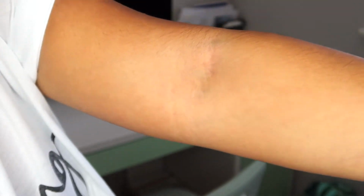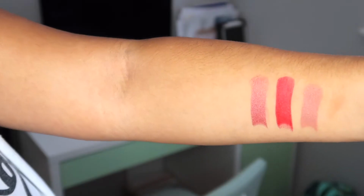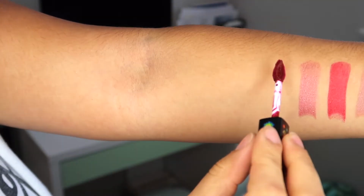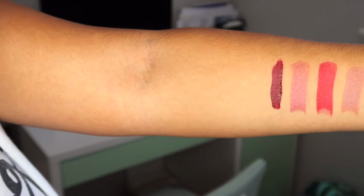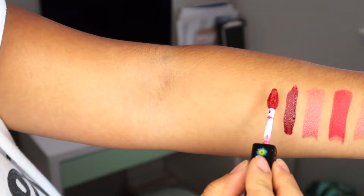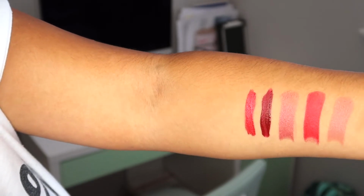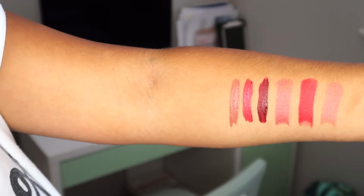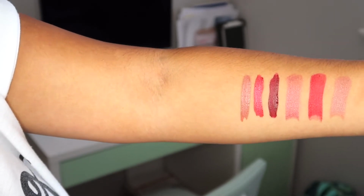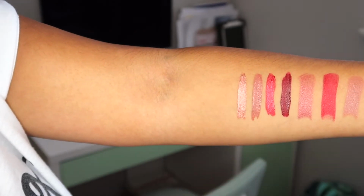Now I want to do all the swatches for these metallic lipsticks from Smashbox. And this first one that I'm going to show you is called Misconduct. So it's like a very dark, like wine lipstick. Then this next one is called Maneuver. This was my favorite of all. Then following that is this nude color called Stepping Out. Then this is the shimmery pink, kind of nude, and it's called Exoblata, and this is from the collection of